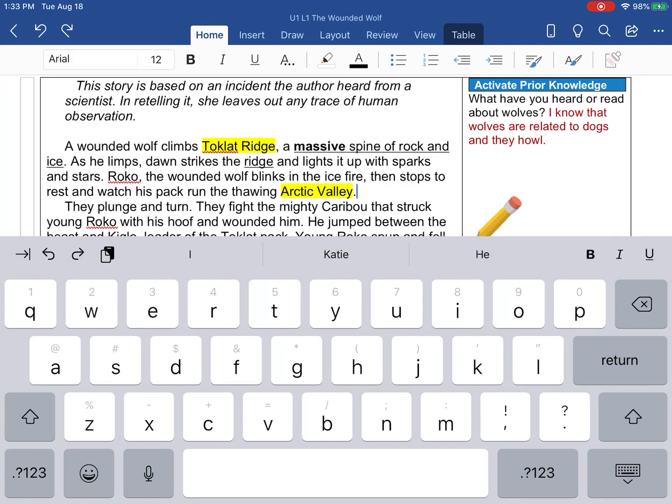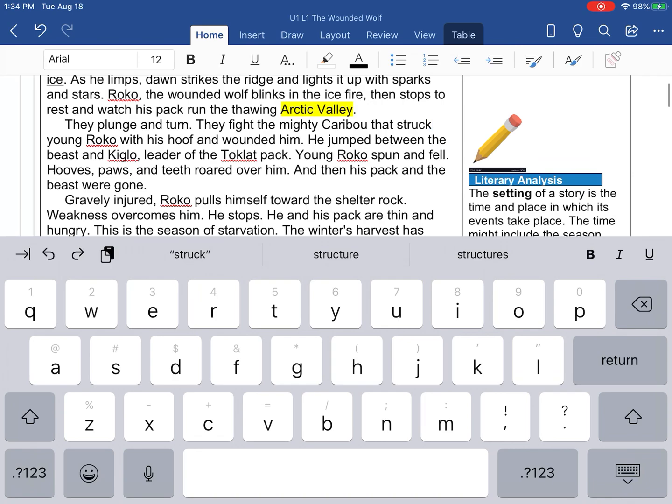want to do. So maybe I didn't want to highlight or underline ridge in that first paragraph. So I'm going to undo that, okay? And maybe I wanted to underline this ridge instead. And I can do that, okay? So like I said, if something happens, which I'm sure it will, I'm sure things will get erased accidentally from the text because this is not on paper, this is on the iPad. That's okay. Use your undo button, do the best that you can, and if you get stuck, you need to contact me. If something bad happens and lots of things disappear, then you just contact me and I will help